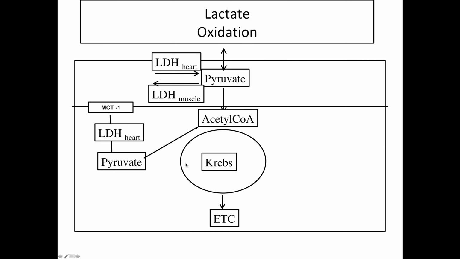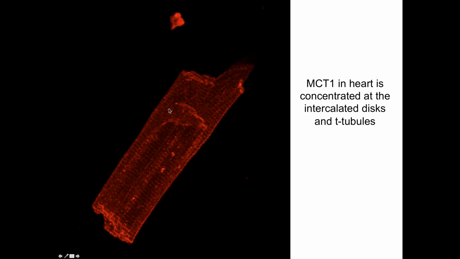This is sort of my diagram, where here's lactate, and here's a monocarboxylate transporter protein that will take lactate into the mitochondria, where it is converted to pyruvate that can then enter as acetyl-CoA. And using fluorescence microscopy, putting in a protein that will fluoresce when it binds to these monocarboxylate transporter proteins,